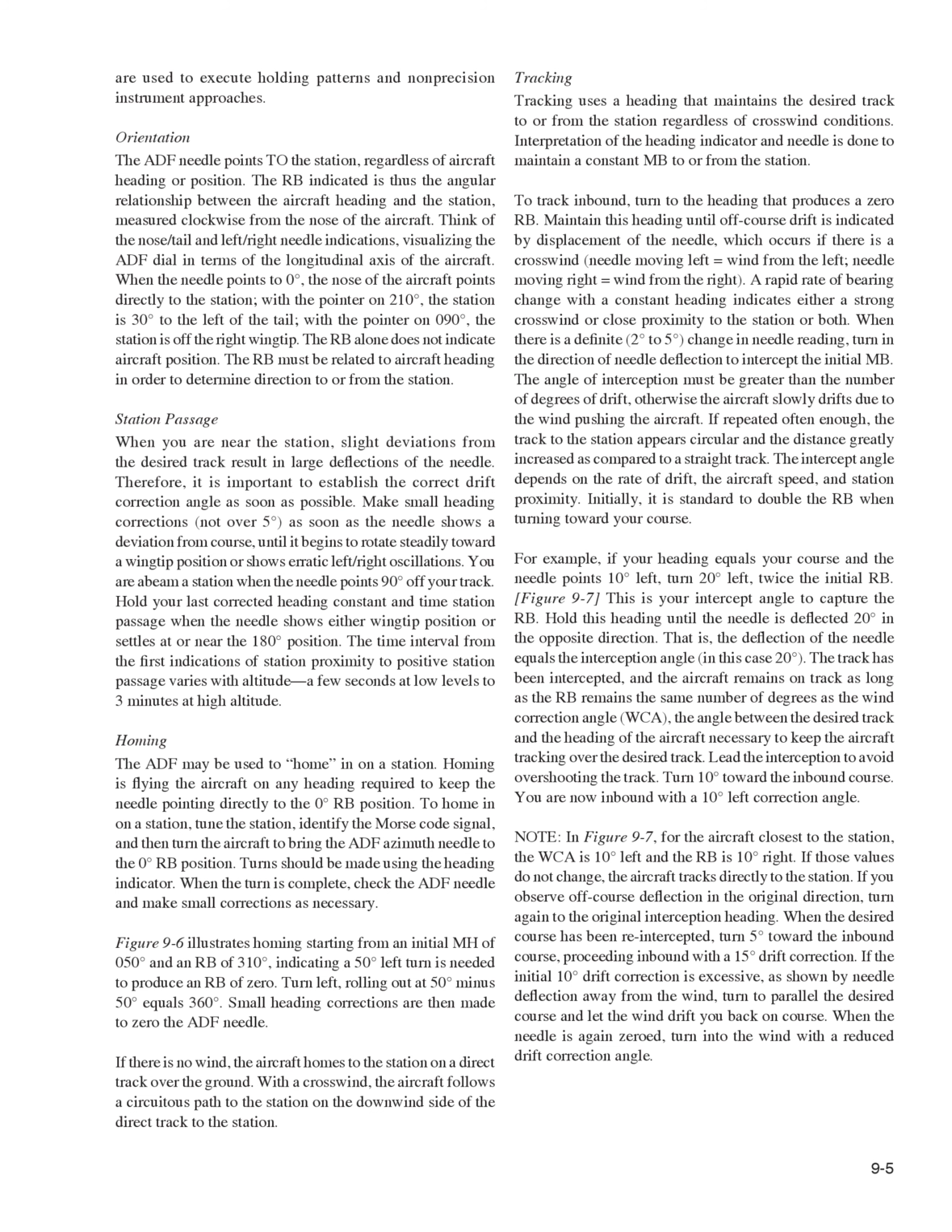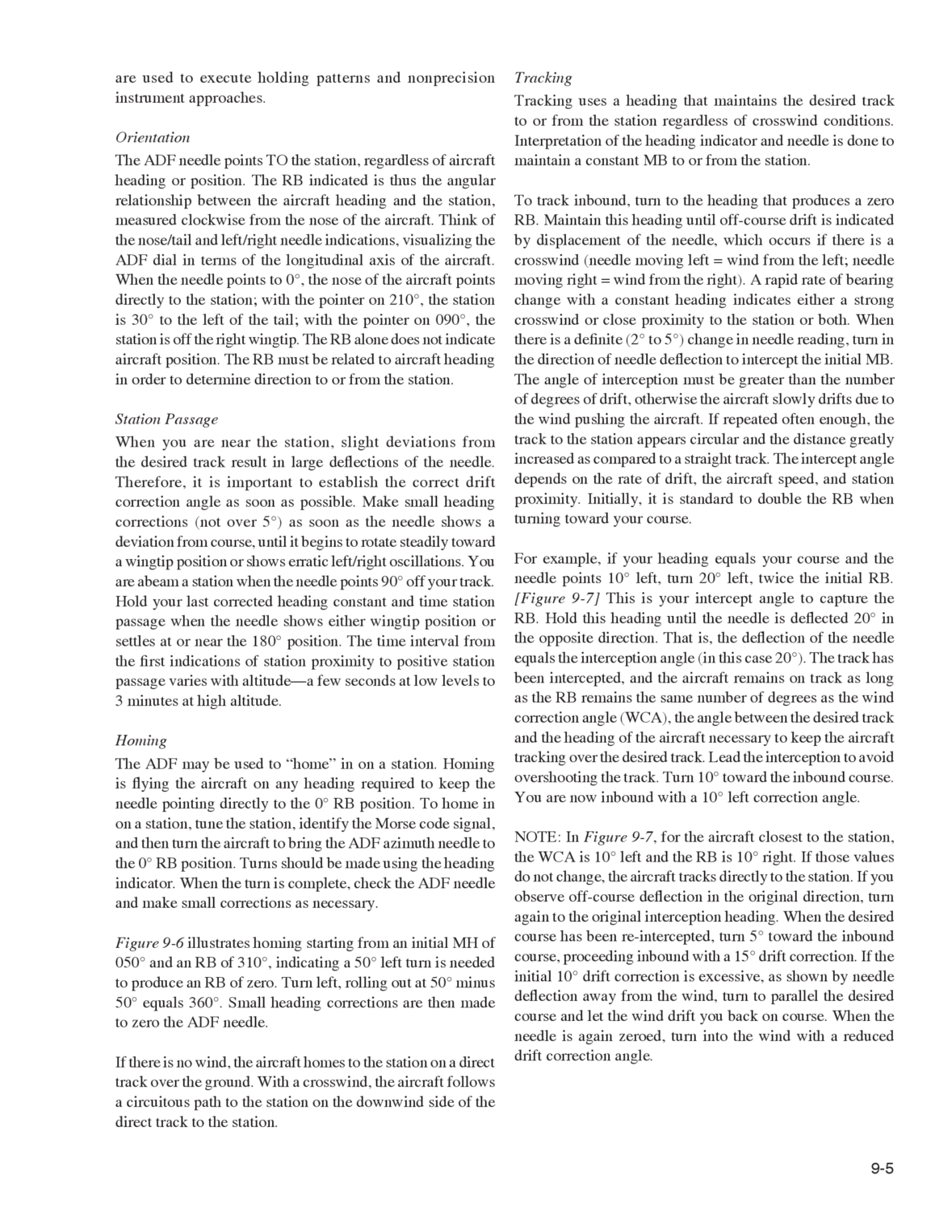Note, in Figure 9.7, for the aircraft closest to the station, the WCA is 10 degrees left and the azimuth is 10 degrees right. If those values do not change, the aircraft tracks directly to the station. If you observe off-course deflection in the original direction, turn again to the original interception heading. When the desired course has been re-intercepted, turn 5 degrees toward the inbound course, proceeding inbound with a 15 degrees